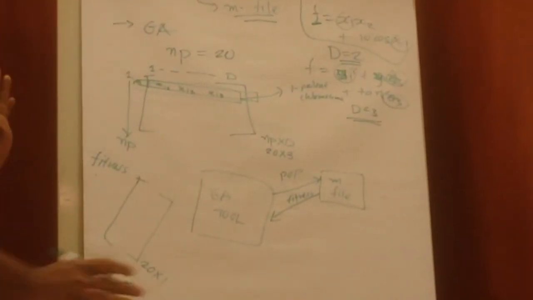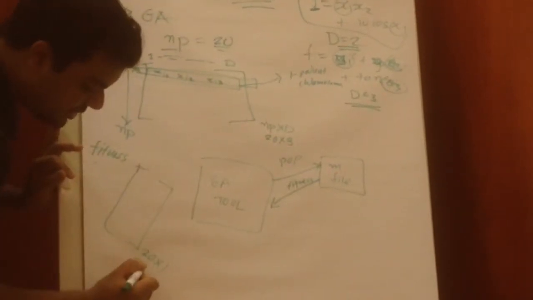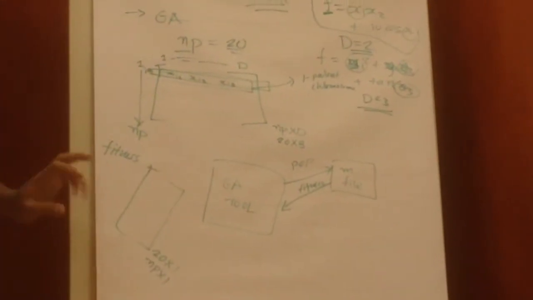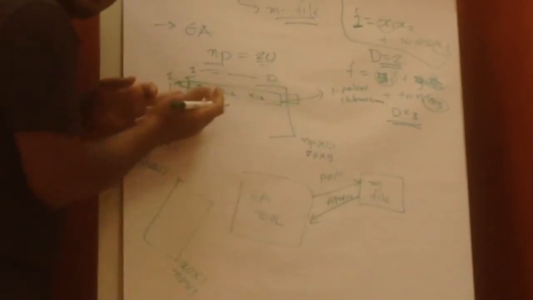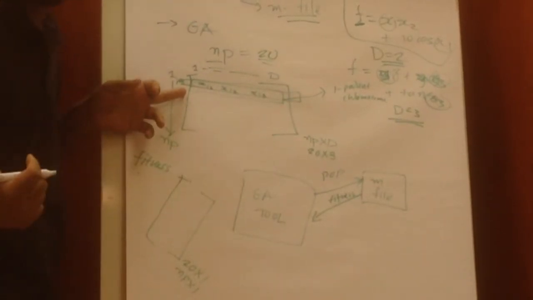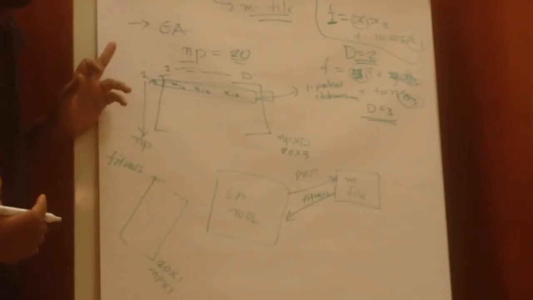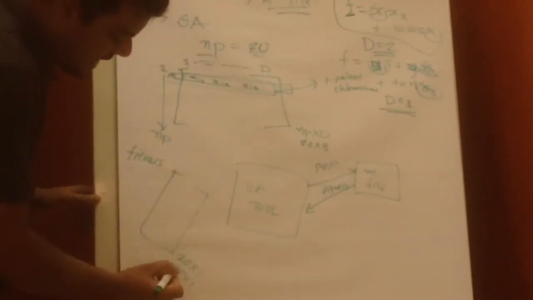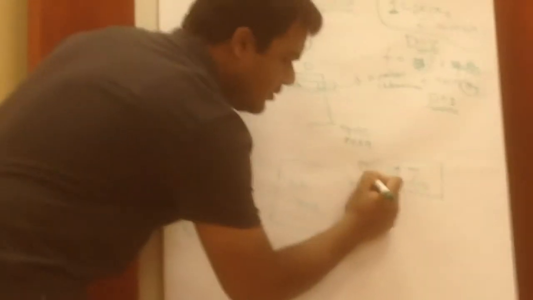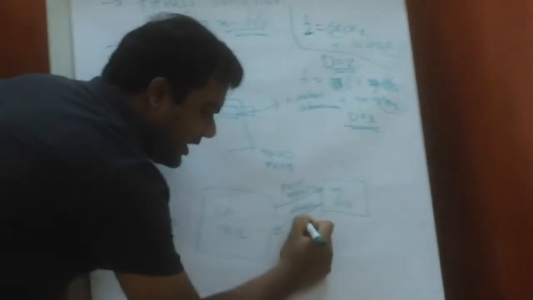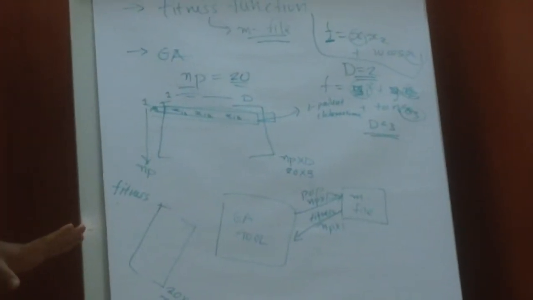Fitness will be 20 by 1 or NP by 1. Since our case is NP equal to 20, in general it will be NP cross 1. Got this one? Because for a single parent, a single chromosome, there will be only one objective function value, right? Yes. Okay. So you have NP cross 1 fitness. So you supply this entire population of NP cross D, and you get this fitness of NP cross 1. This is the only thing you need to keep in mind.